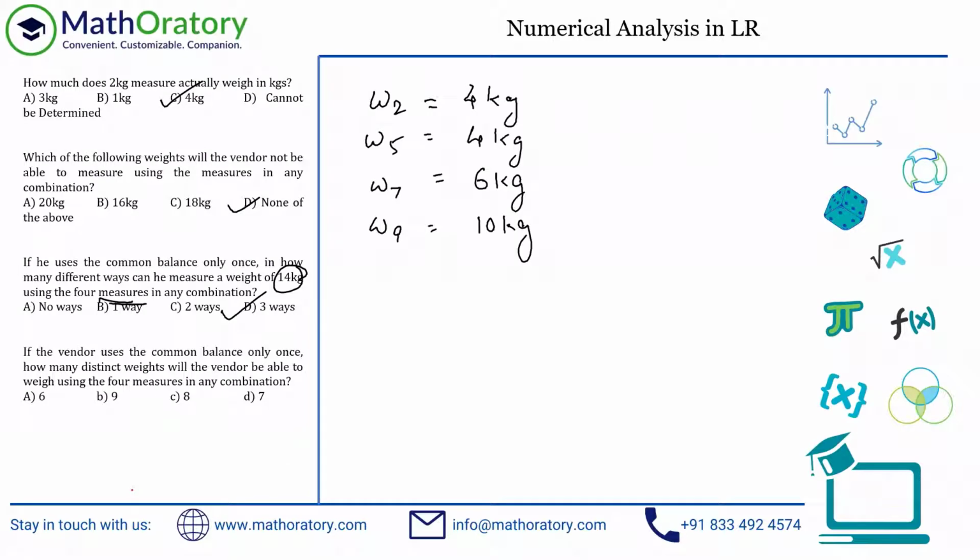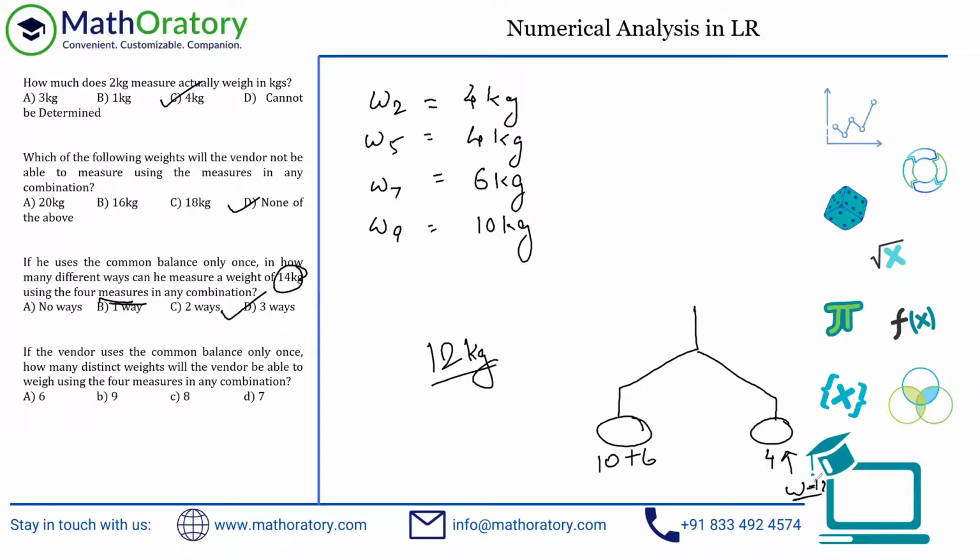So this is important to understand, because think about a 12 kilo or something. Ideally, using these numbers, I cannot form a 12 kilo if you think about a combination. But suppose I could place the weights or the measures on both the sides. So I can put a 10 and 6 here, and I can place any one of the fours here, and whatever way I measure will be of 12 kilo to balance this out, right? So then 12 kilo would have been possible, but in this case 12 kilo is not possible. So I just took an example to explain this.